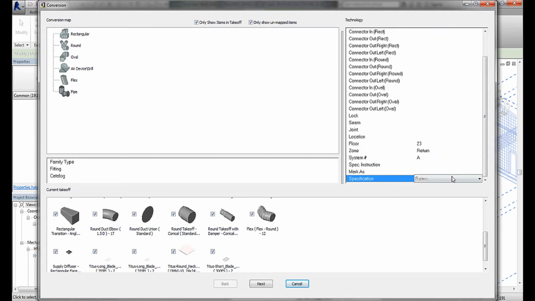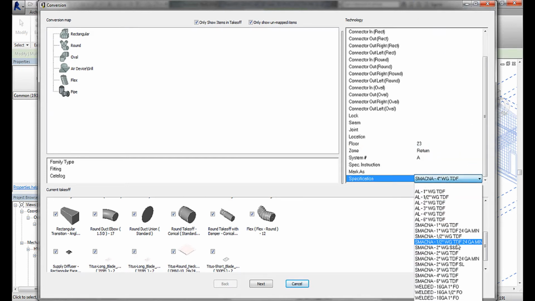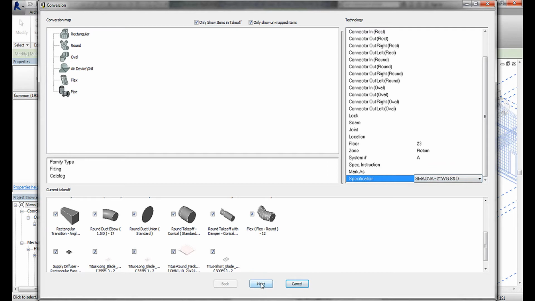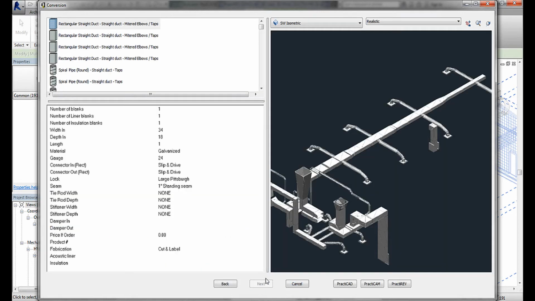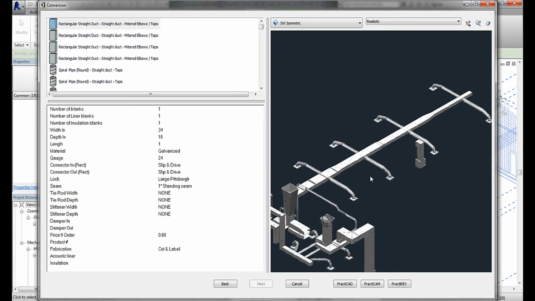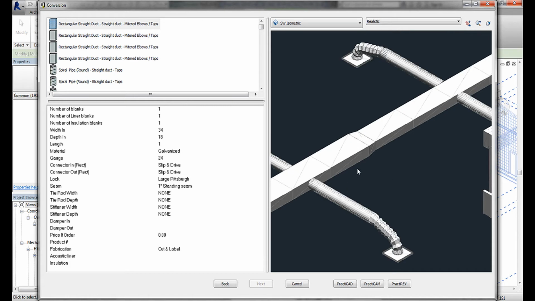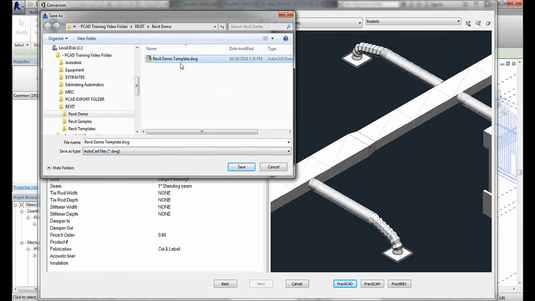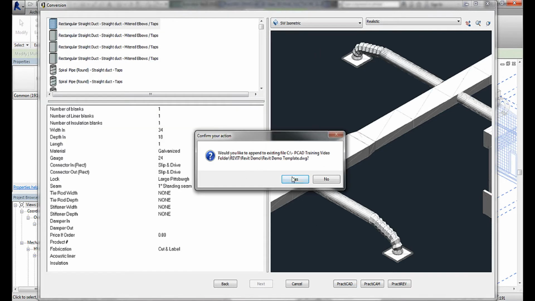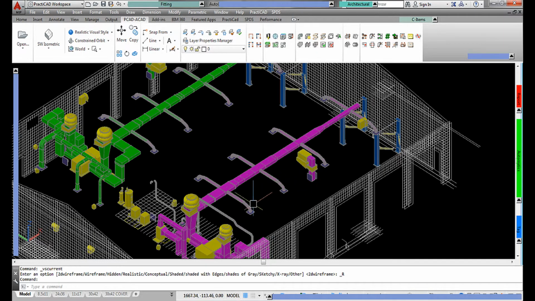For this second line though, we're going to make it a return run and a 2-inch slip and drive spec. Then we'll hit next, and this brings us back to our preview window where we can see PractiREV has converted the Revit line with the proper manufacturing specifications we asked for. Once again, we simply save this, and then we're going to append this line to the existing drawing we had before. PractiREV will now show us how many fittings we have converted over, and we're ready to go back to